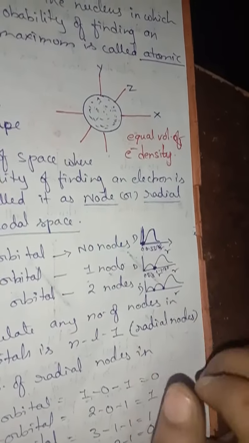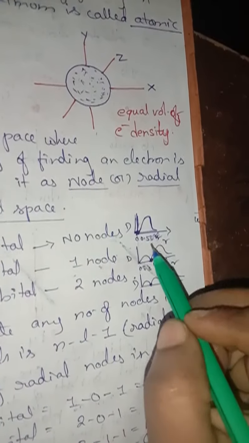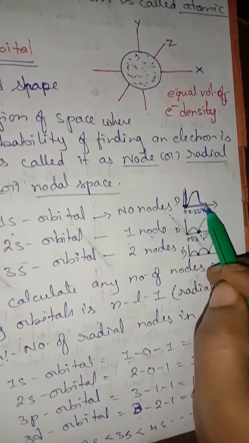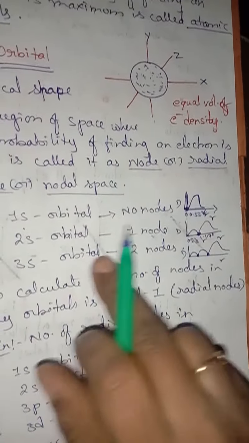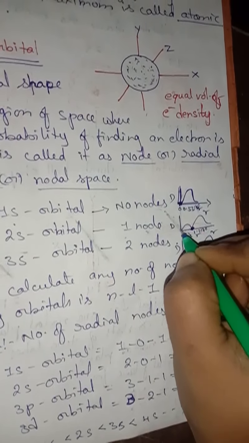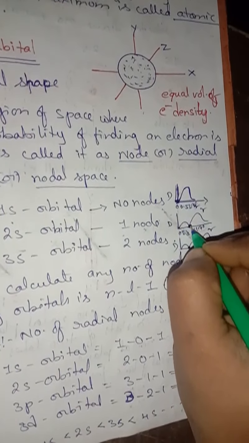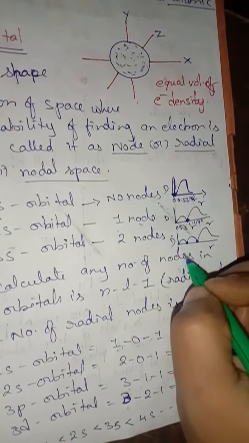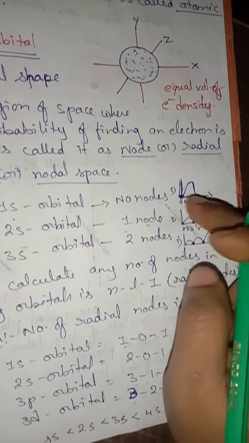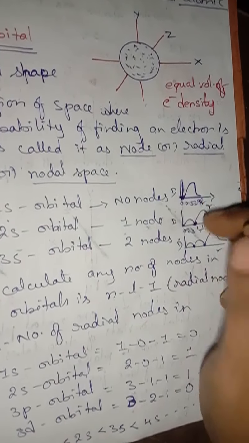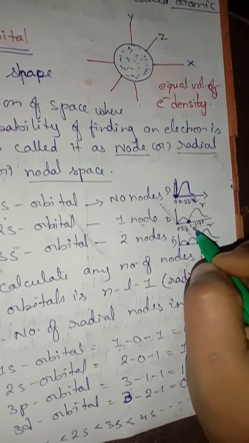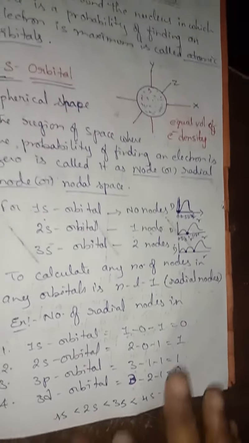On the x-axis I have taken the radius. For the 1s orbital no nodes are present; here the probability of finding an electron is 0. For the 2s orbital one node is present. First it is 0, next it slightly increases, and then it increases further. For the 3s orbital, two nodes are present, here and here. The distance from 0 to here is 0.53 Angstrom, and here it is 1.1 Angstrom. Understand?